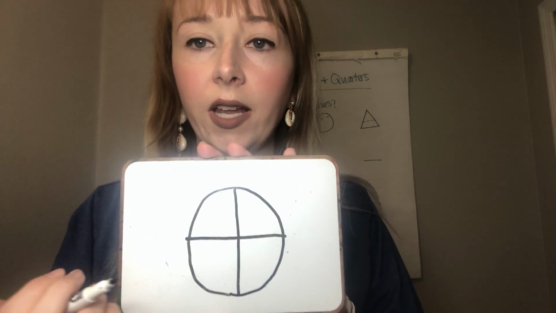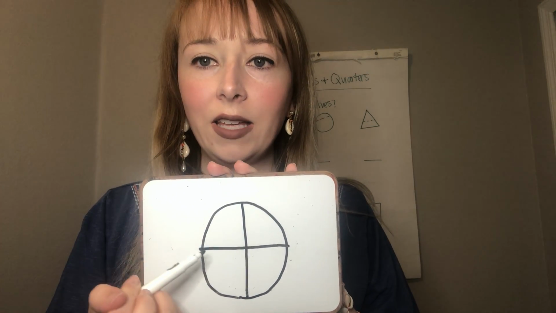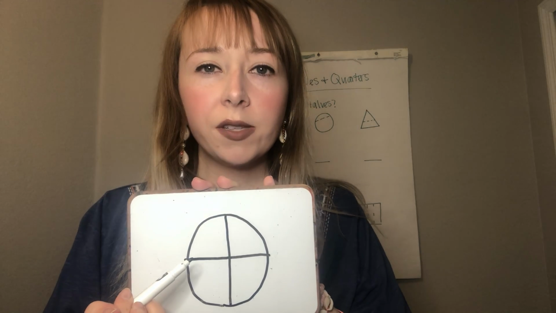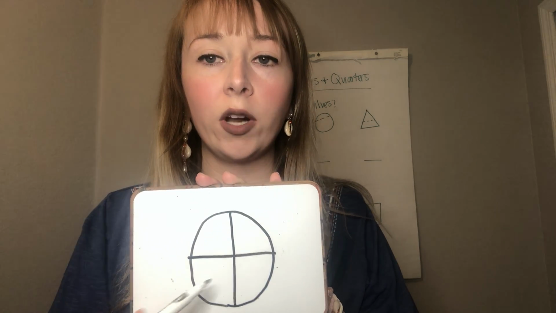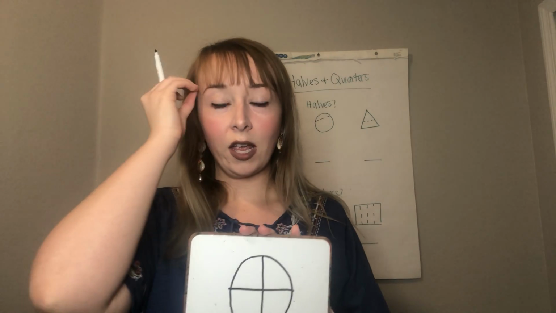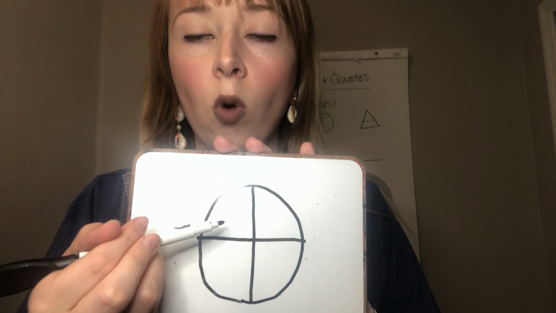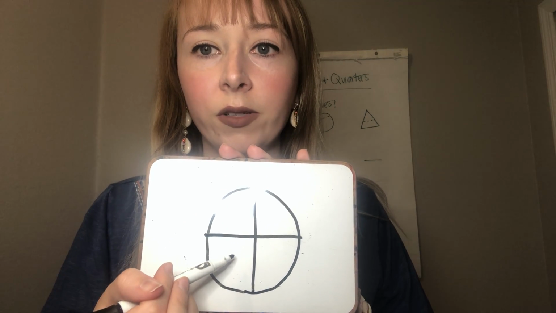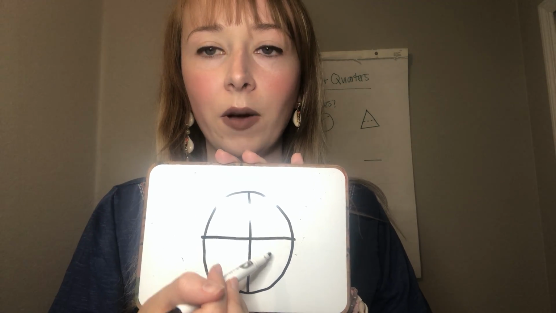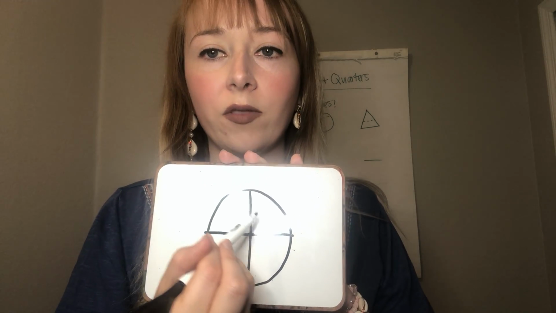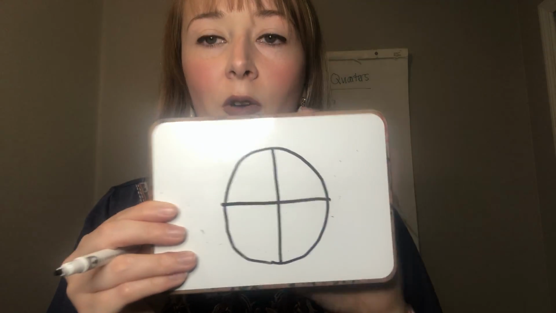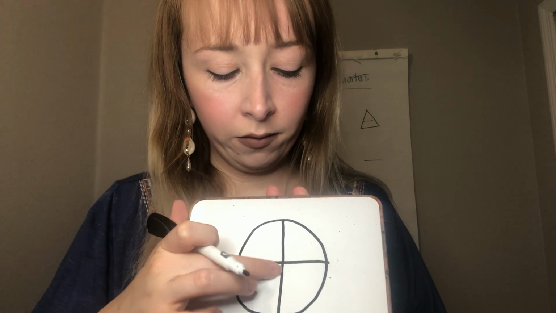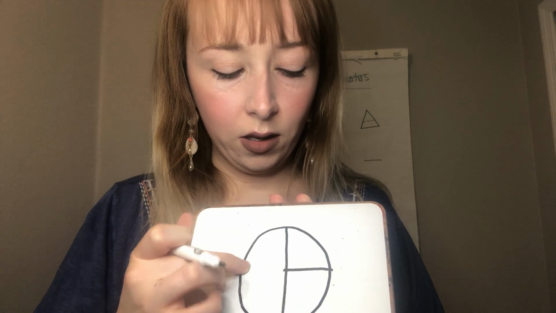So what we just did is we just divided this pie into quarters. The reason why it's called a quarter of a pie, this is when you're dealing with 4 equal parts. So in your brain, you need to think quarter means 4. So this would be 1/4 of the pie, 2/4 of the pie, 3/4 of the pie, and 4/4 of the pie. So that makes the whole pie here. So remember, these are quarters, and these